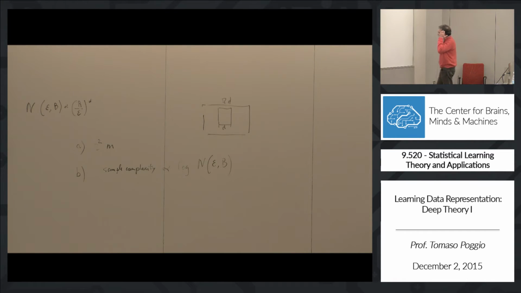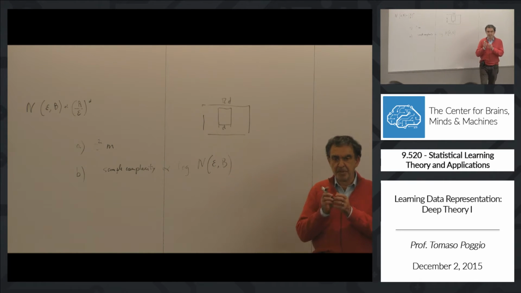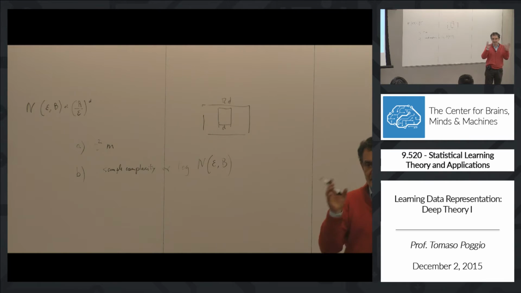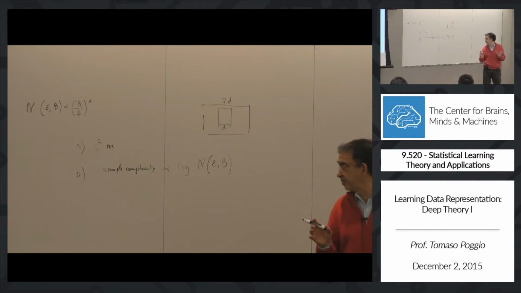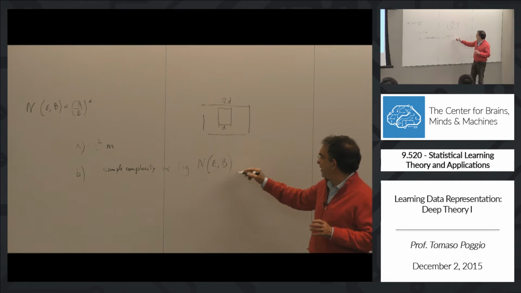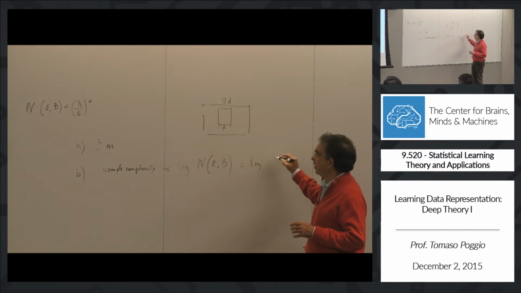And the covering numbers is the number of balls of radius epsilon that I need to cover that space. So if the space, say, has radius r, this will be log of,